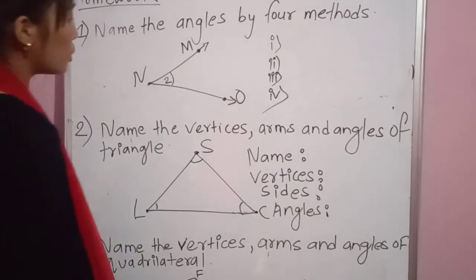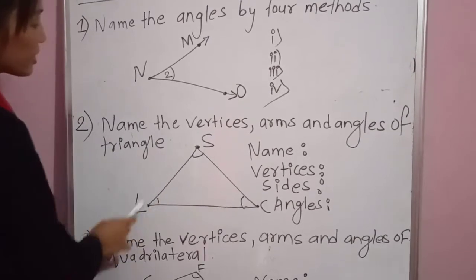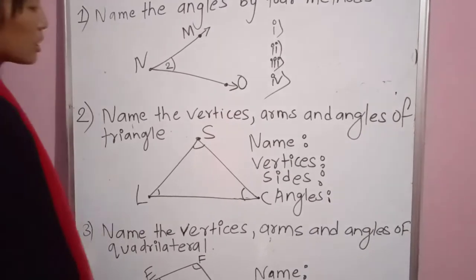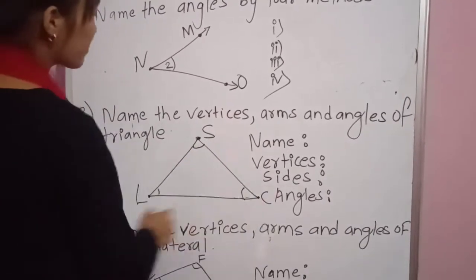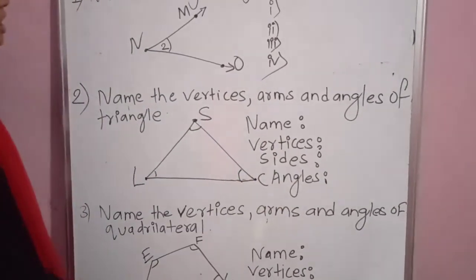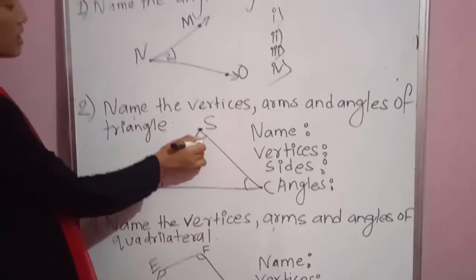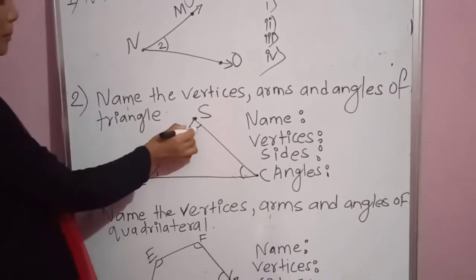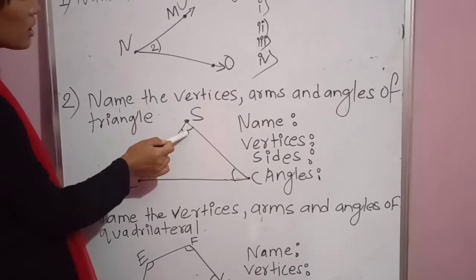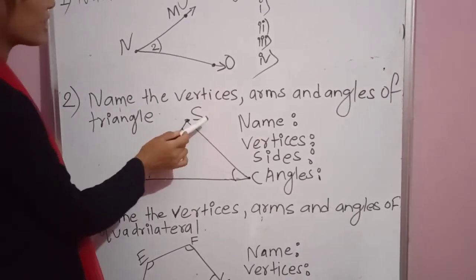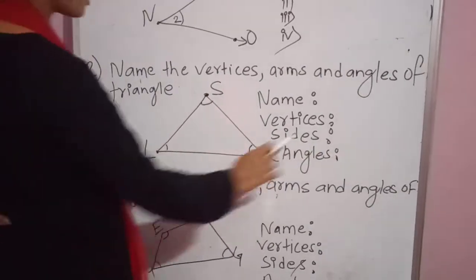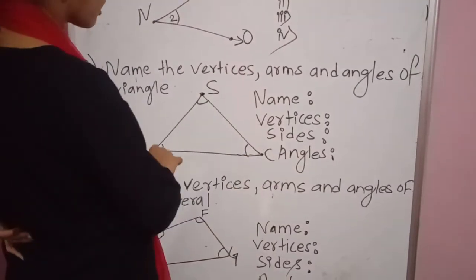Like with the sides, sides mean the line segments. There are altogether 3 lines. We have completed one full triangle. So you have to write SL, LC, and CS. That's it. Now look at the angles. The angle is formed at each point. There are altogether 3 angles. You have to write the angles like this. First of all, for this angle, there is a point S. So you have to write this S in the middle. So you have to write angle CSL, angle SLC, angle LCS.